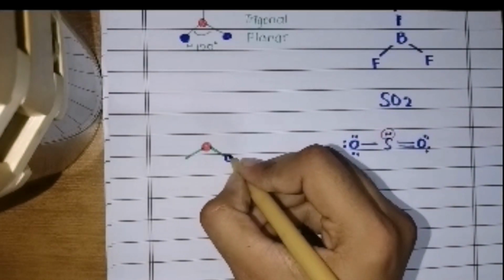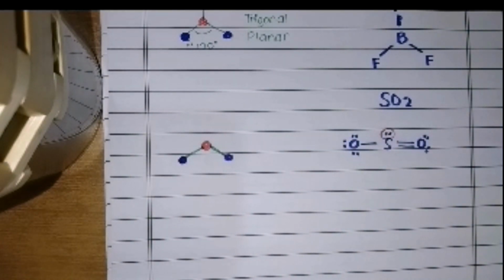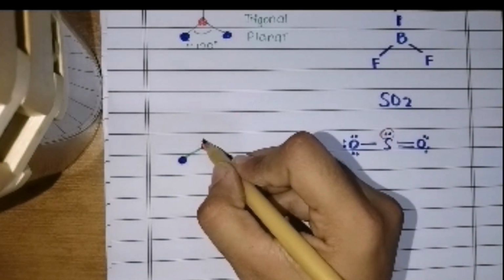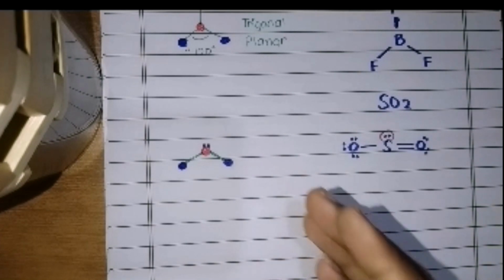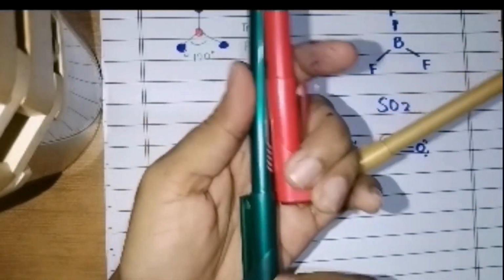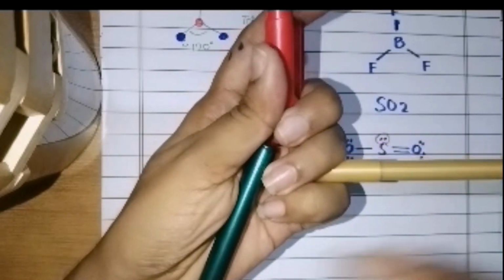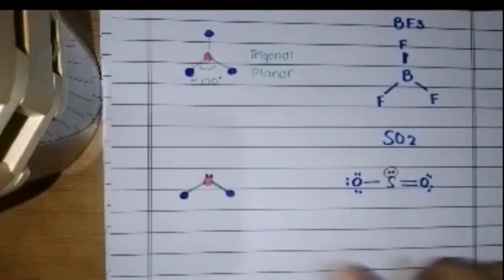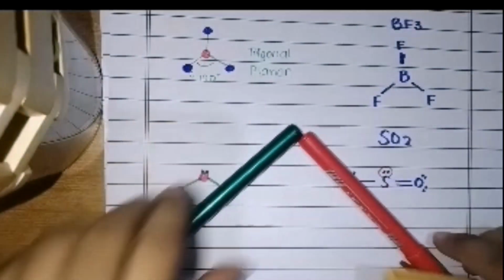The unshared pair of electrons is not going to be counted in the geometry, but it would have an effect on the geometry of a molecule, because the electron pair is very strong and would push the atoms closer to each other. So the trigonal planar molecule, like this, I have this trigonal planar molecule, but in this case we have this atom replaced by an